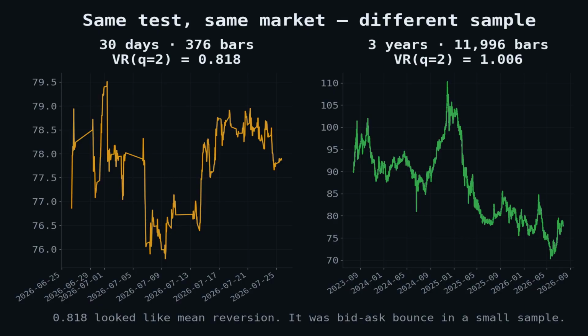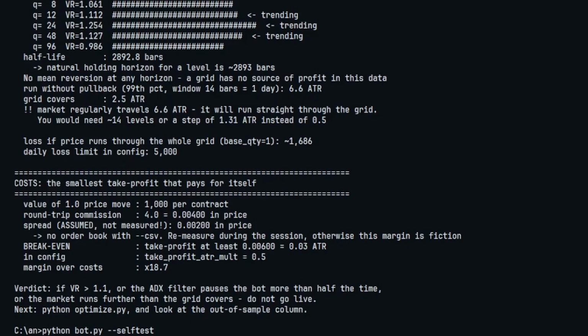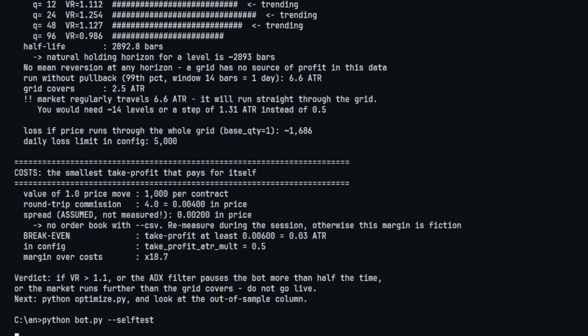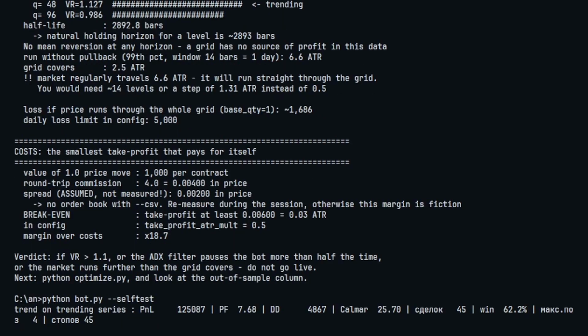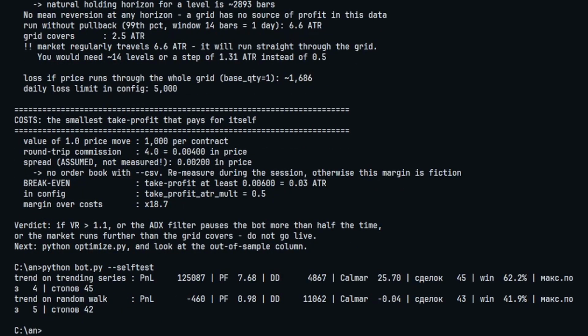And there's a specific reason lag 2 looked good, bid-ask bounce. Price alternates between hitting bid and hitting ask, which produces negative first-order autocorrelation in any market, always. It's not an edge, it is the spread you'd pay trying to capture it. Pulling 3 years from the exchange's public API instead of the broker's, that 0.818 became 1.006, the signal evaporated. If you take one thing from this video, check whether your edge survives a bigger sample before you check whether